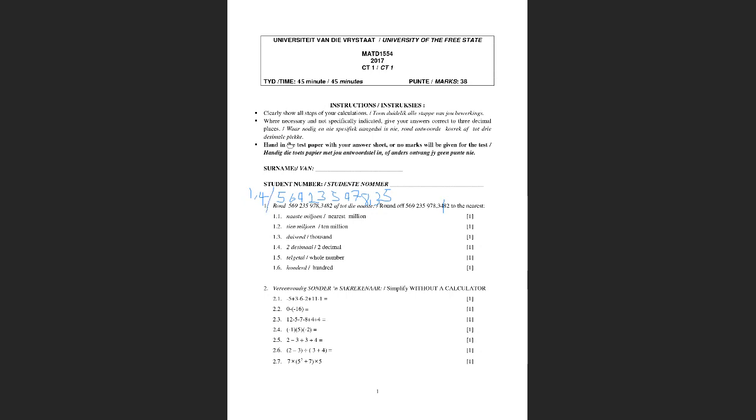Okay, let's go. 1.1. This is the nearest 100. Now the nearest 100 will fall on 9. Yes, Kambuli, your hand is up. Let's go. The number after the 100 is